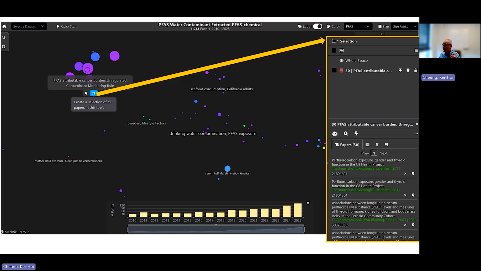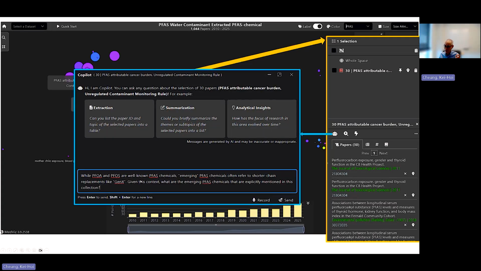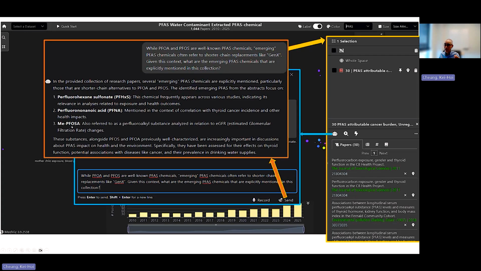And so based on this collection, I can issue a natural language query, which I just tried to show you earlier, and the result is that there are three emerging PFAS chemicals that are explicitly mentioned in these 30 cancer-related exposure studies. So this is what I would like to show you.